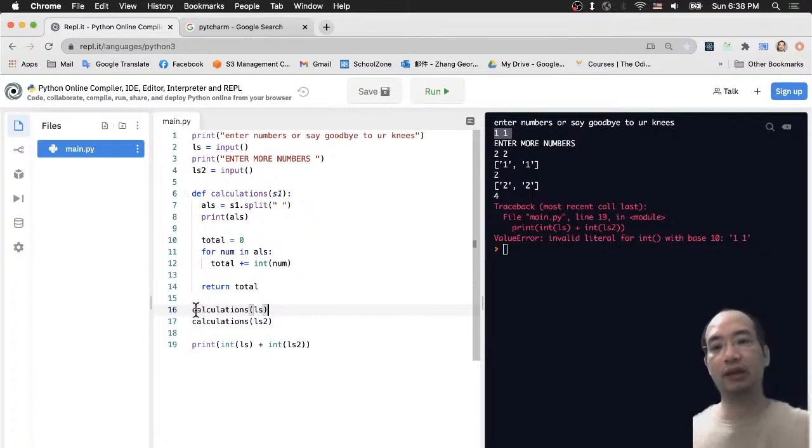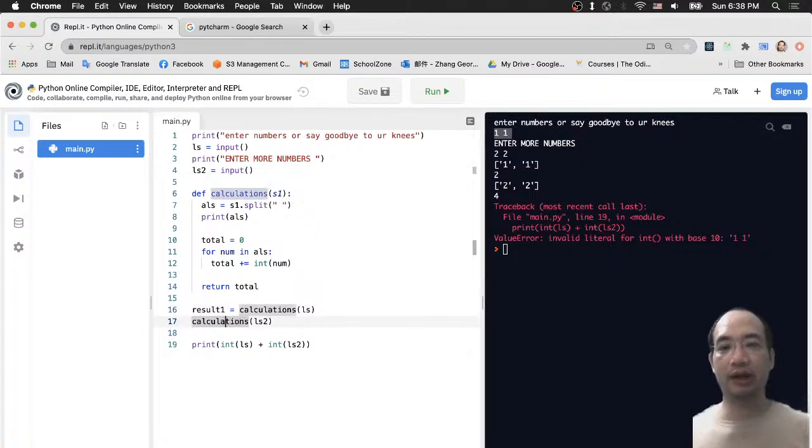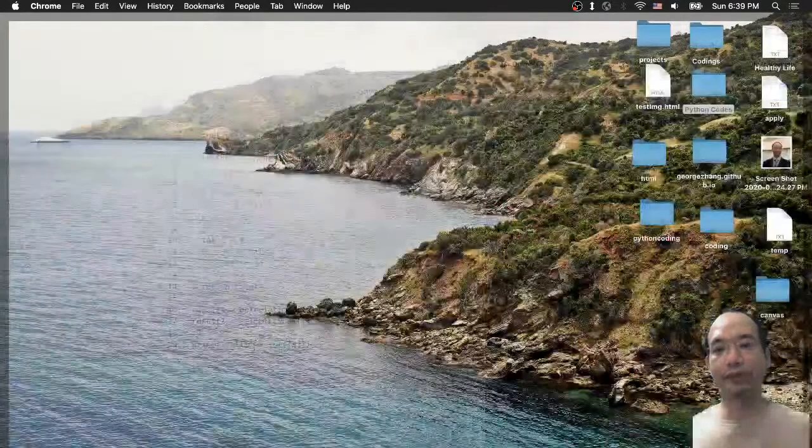So let's say that result 1 equal to this, and now you do result 2 equal to this. Which means if you put the first input to this calculation, you get some result in result 1, and also you put the second input to the calculations function, and now you get result 2. And if you want to get a total of them, what we want to do, you just